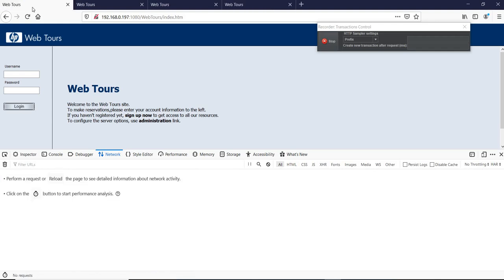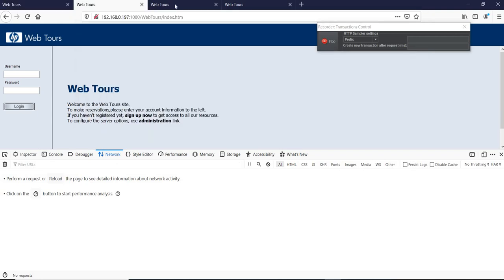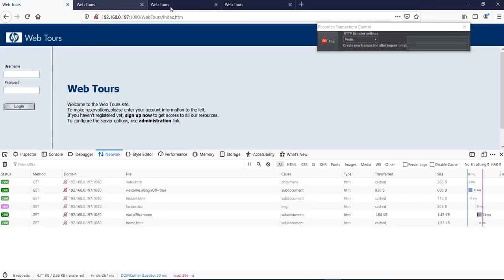To understand this further, instead of typing google.com, I have replaced it with my server URL, and I have opened the network stats of all the pages, and in all of them I am just loading up the home page.